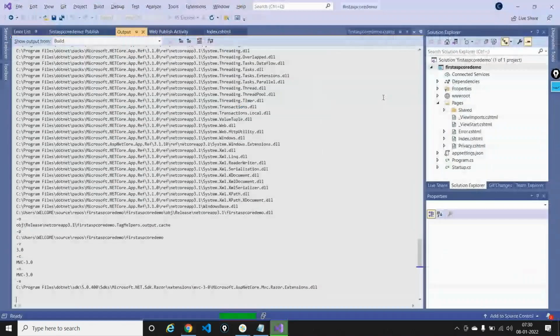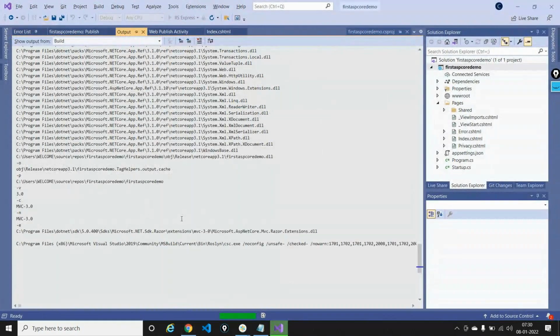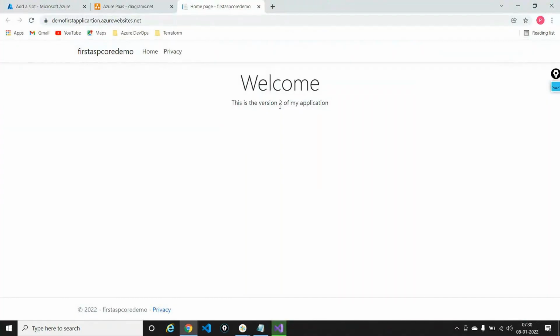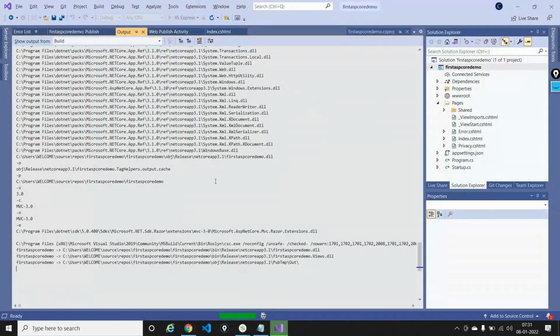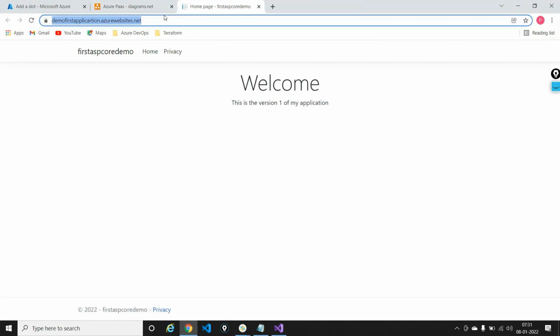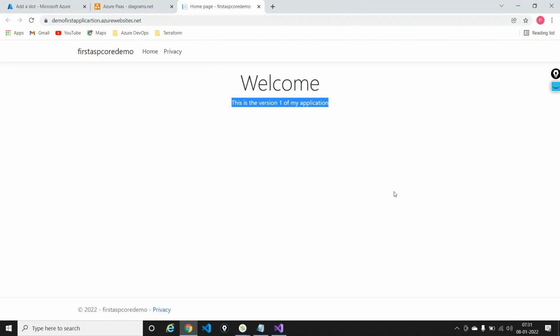So let's wait for a second for the application to get deployed, and let's see how it looks after the deployment. After the deployment, this should just say this is version 1 of my application. That's it. So let's allow the deployment to go in, and let's see what happens. Now this is version 1 of my application that's getting loaded. Every time I do a deployment, we will see this issue. You will have a bit of lag, and I have version 1 right now.